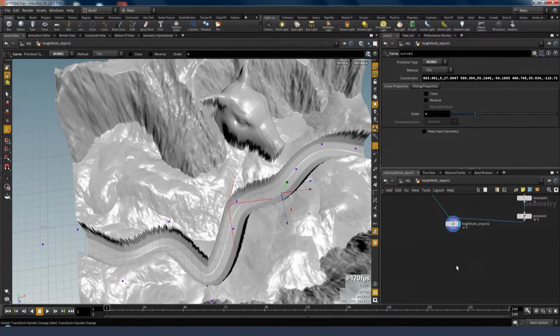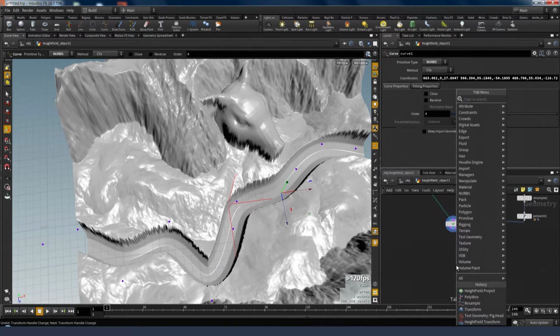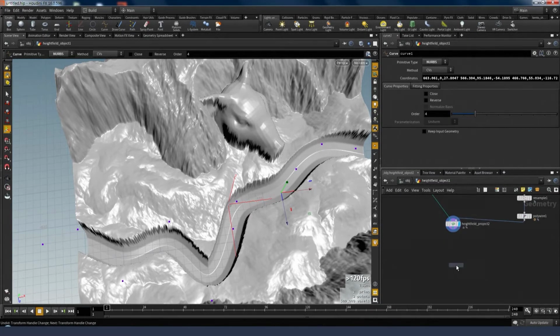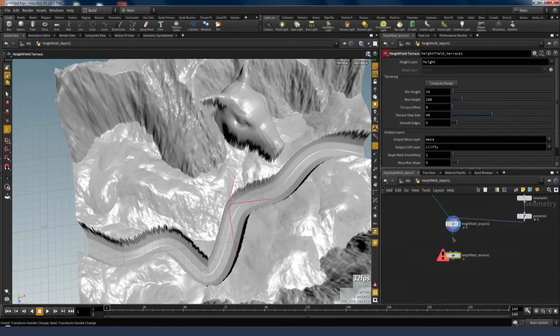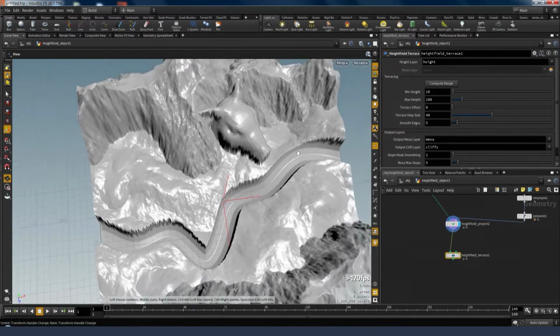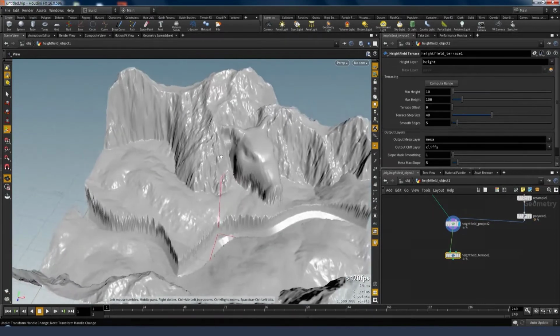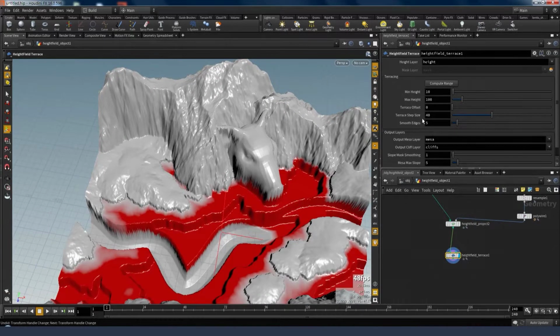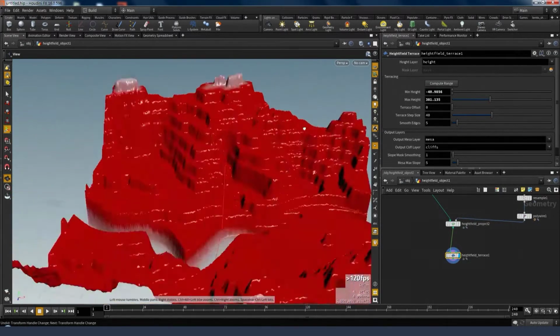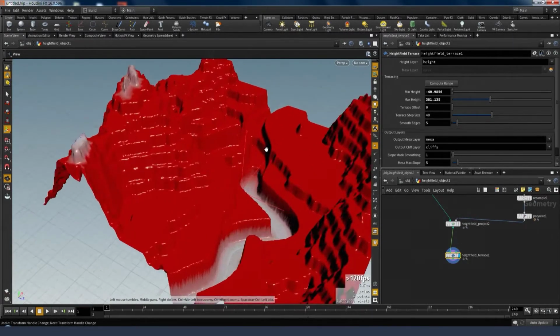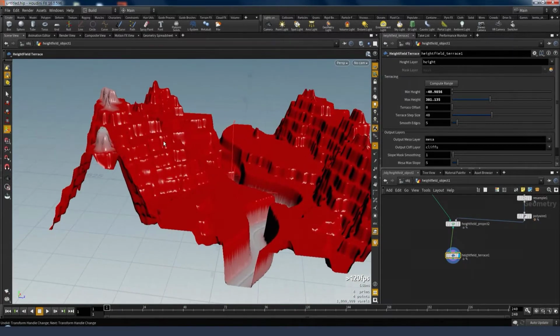So in this case, we're going to show a tool called Heightfield Terrace. で、こういった今やった 3D のツールの流用だけじゃなくてですね、このハイトフィールドに特化したツールというのもありますね。それをですね、ちょっと紹介したいと思います。で、そのうちの一つ、ハイトフィールドテラスというものです。